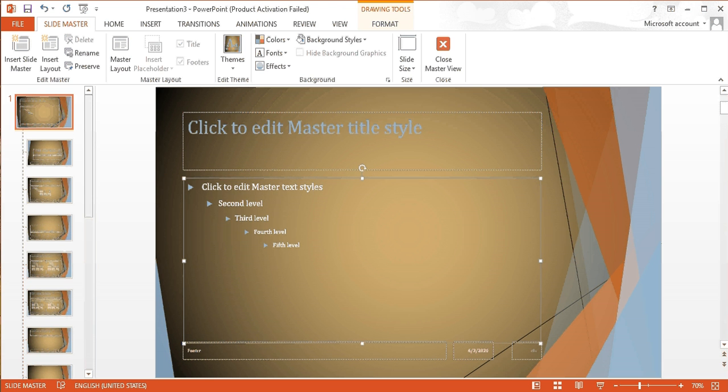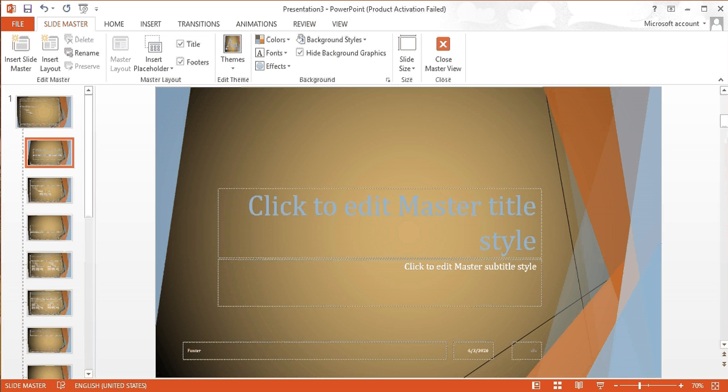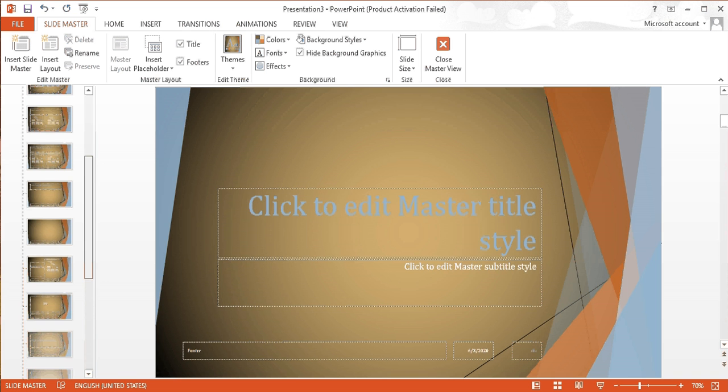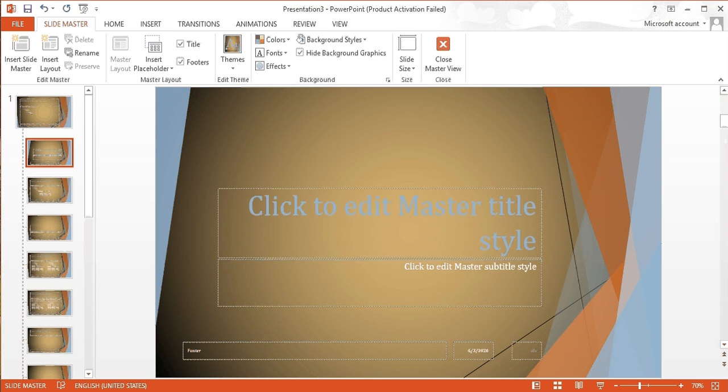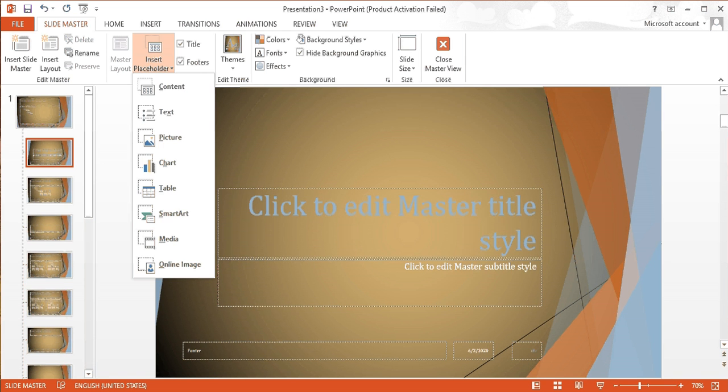Now if you guys don't have any experience, just go through Slide Master and you will find all the things you need. And from here you can also insert a placeholder.